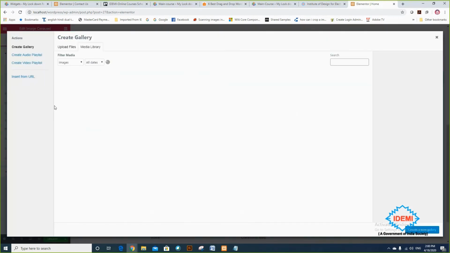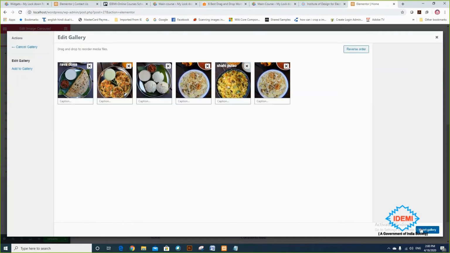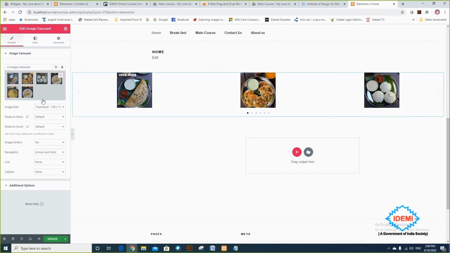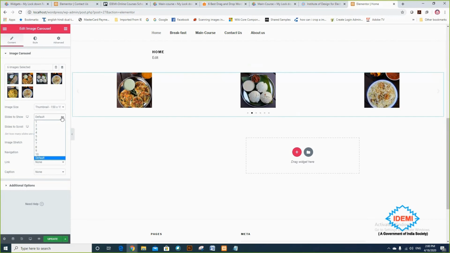So I am choosing the number of images by selecting 1, 2, 3, 4, 5, 6, creating a new gallery, and inserting that gallery in the thumbnails. Look at this, all those images are available here, and it will display the information one after another and generate the slideshow.